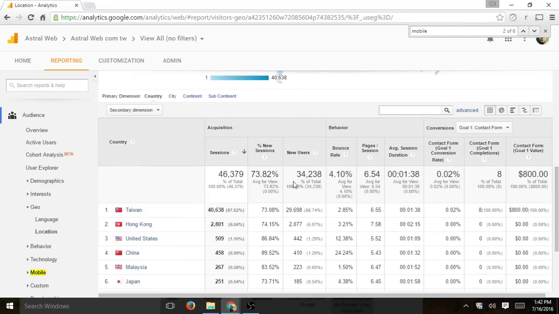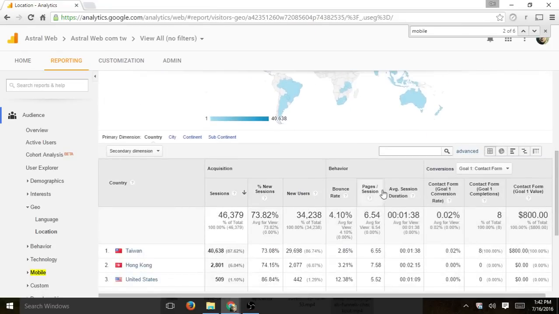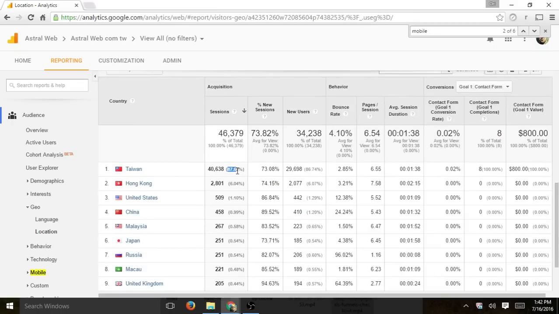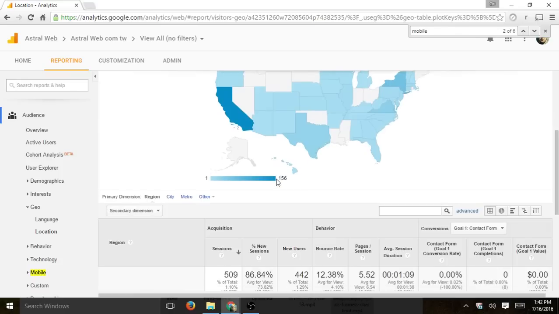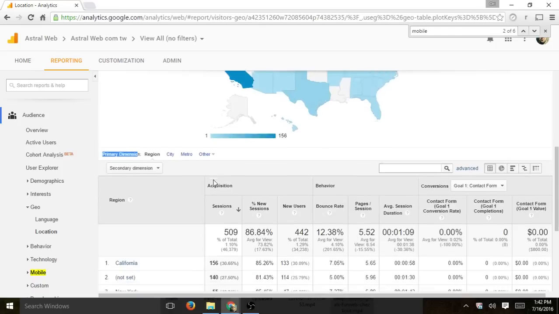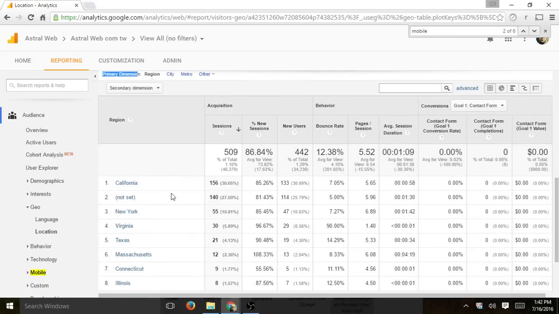So for example, if I wanted to see where my visitors are coming from, 87% are coming from Taiwan, 1% is coming from US. If I click on, let's say, US, it's going to drill down right here by region. I can filter by city, by region. I can select what the primary dimension is, this is primary. Now that I know I have 509 visits in the last month from US, I can see by state and I can drill down more. If I click on state,